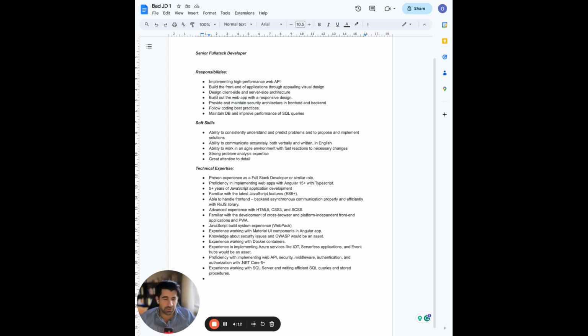Well, listen, every developer needs to understand some aspects of secure development practices, but to provide means that this individual needs to know front end and back end secure architecture. This is a problematic item.